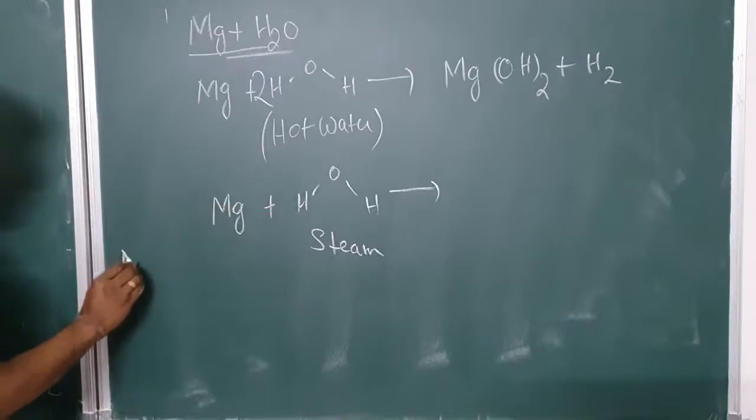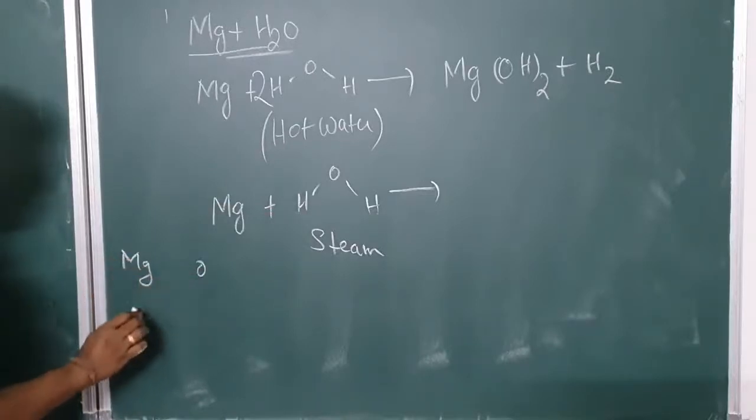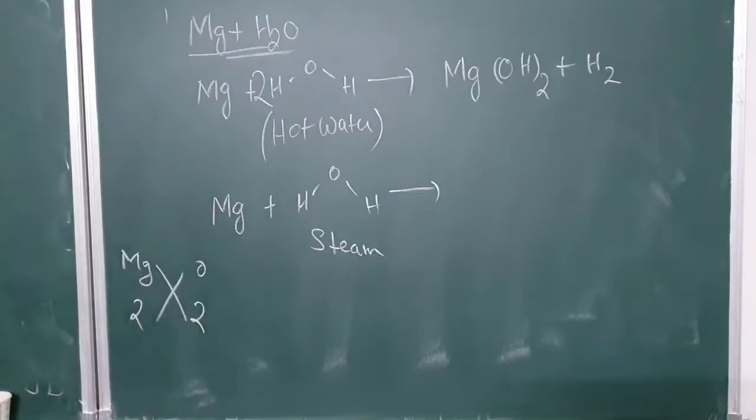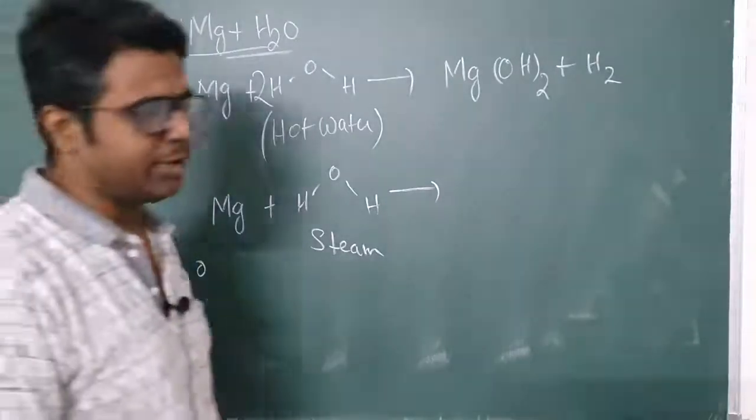So just put magnesium over here, oxygen over here. Magnesium valency is 2, oxygen valency is 2. Do cross multiplication, MgO. Okay? So put MgO